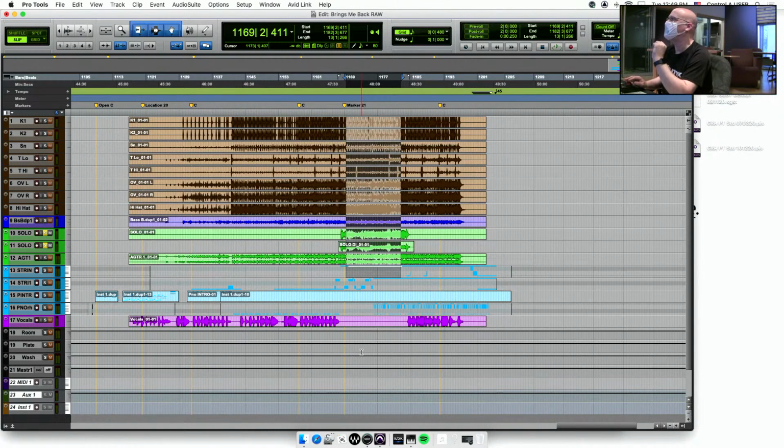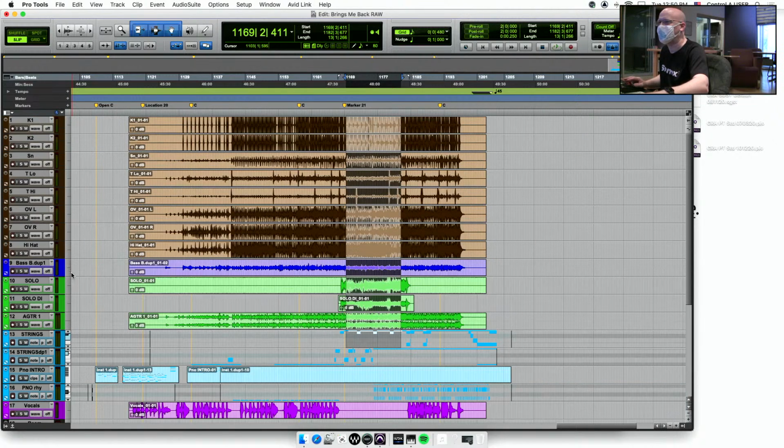Last thing I need to say, and then that'll bring us perfectly to the end of our time, is that I'm leaving you the Pro Tools file, the PTX file, because it has the MIDI in it. The downside is I just realized that it looks like there is some automation still stuck in here. So if you come here and you click on volume,